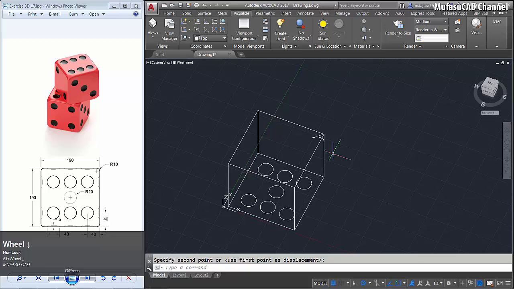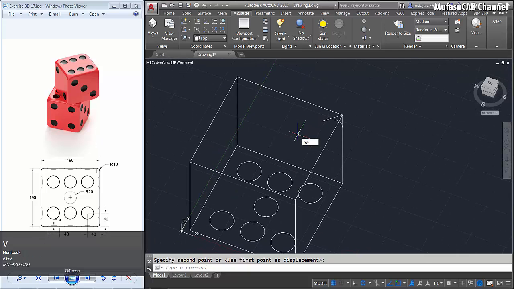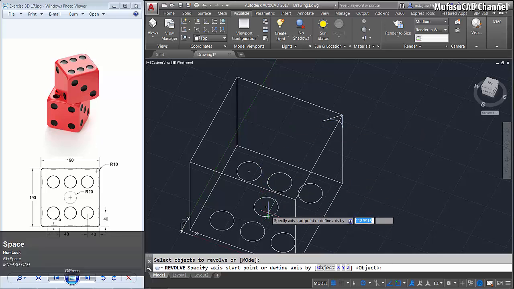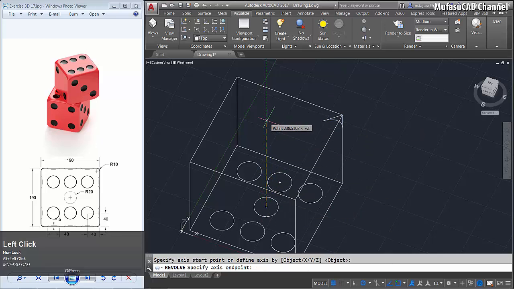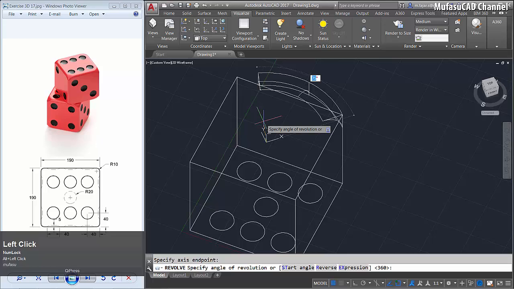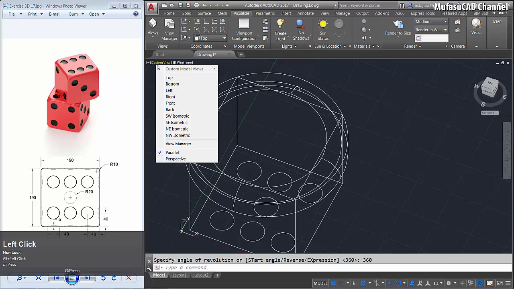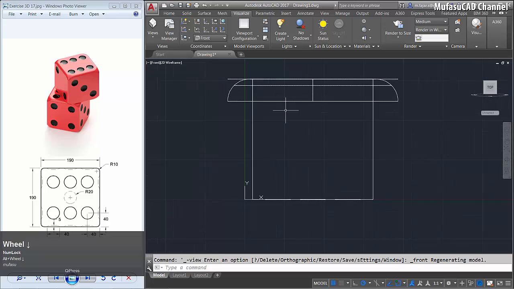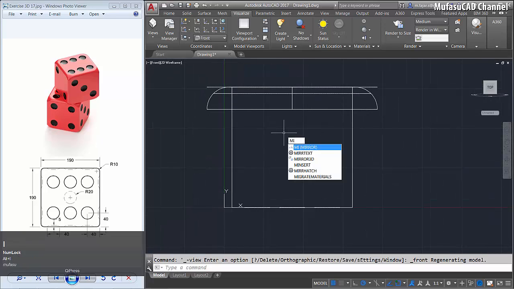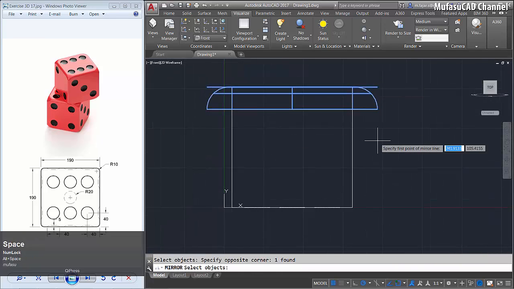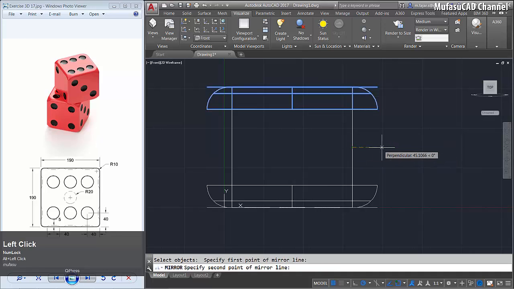Okay, use the revolve command. We revolve this object from the center point to the top here, about 360 degrees, and okay. Change to the front view, and I will mirror this object from a middle point here to the right, and okay.